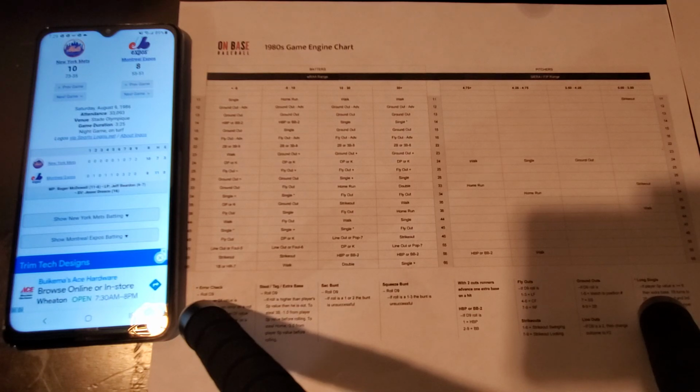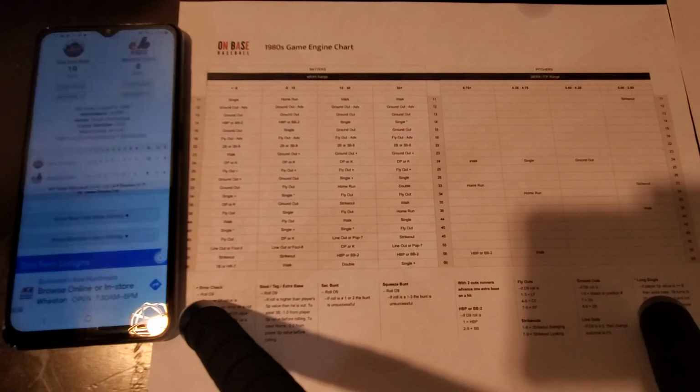I want to eventually have all of the seasons of baseball where you can really just buy them as one complete package where you buy every season of baseball, or you can decide by decade which decade you want to purchase. So that's in the future, and I'll keep plugging away at it until I get to that point.